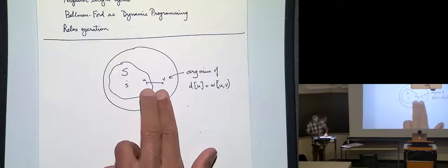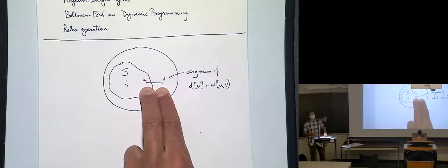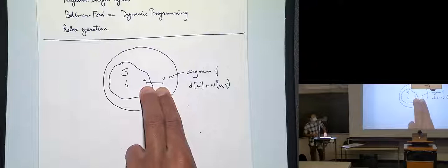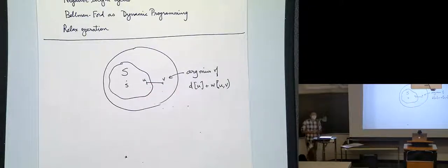My claim is, even though this is the argmin, this actually might not be the shortest path to V if there are negative weight edges. You can spend a bunch of cost to go somewhere in the graph where there's a bunch of negative weight, and basically the estimate of the distance at the frontier is inaccurate because